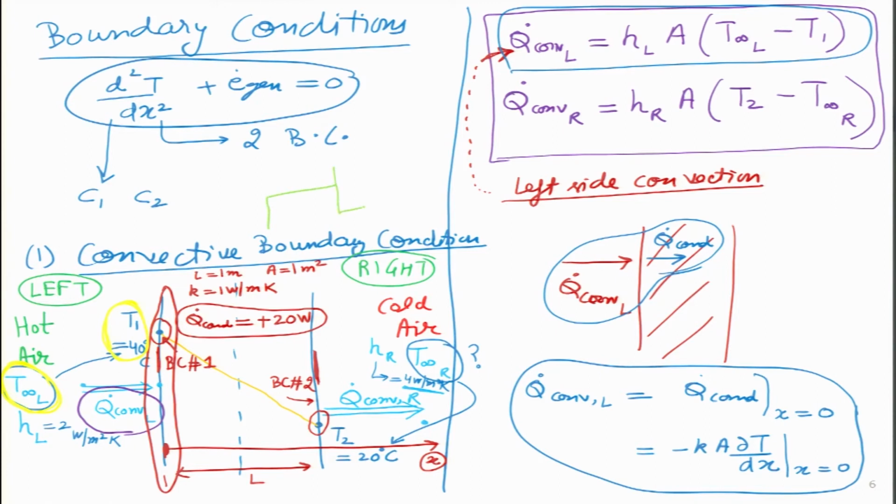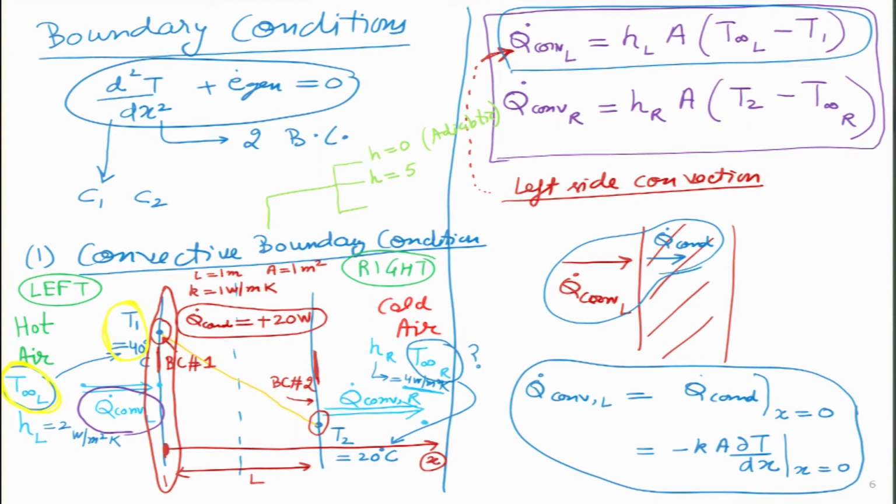Let me go back and very quickly say one thing, that this convective boundary condition can itself split into 3 cases very easily, and that depends on the value of H. So, I will just quickly write over here that if I make H some normal finite number like 5, 10 or 20, then it remains a convective boundary condition. What happens if I make H equal to 0? We will learn later on, it will become the adiabatic boundary condition.